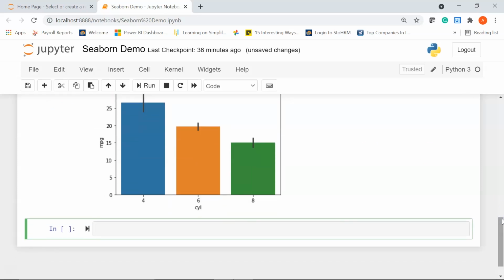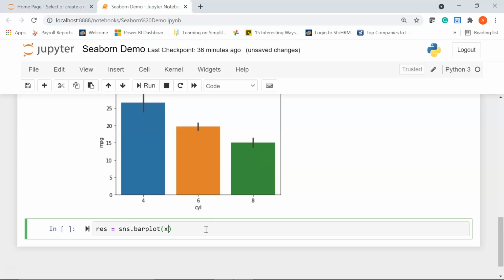Alright. Now you can create the same bar plot using another way. Now we will explicitly define the x and y axis columns and also pass the name of the data frame using the data argument. Let me show you how to do it. I'll use the same variable name res, which stands for result. I'll say sns dot barplot.